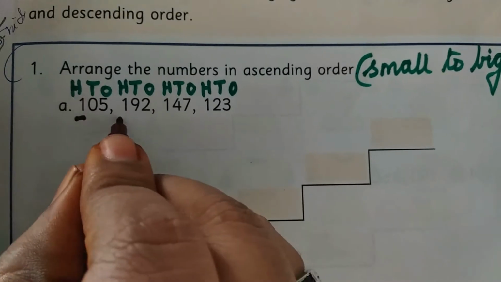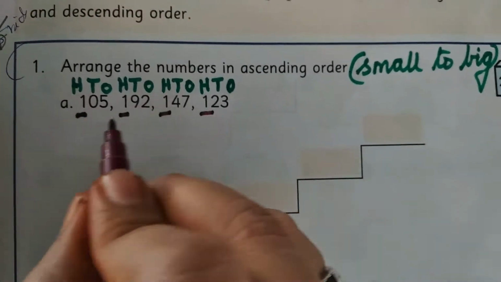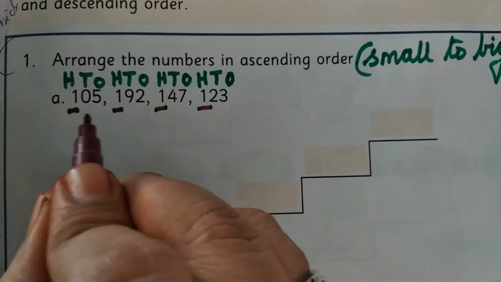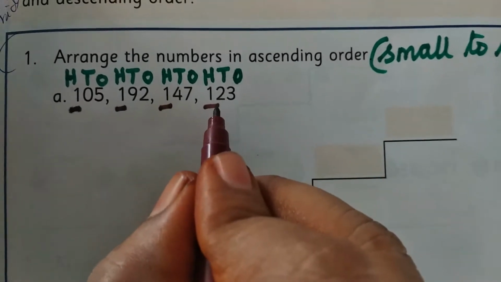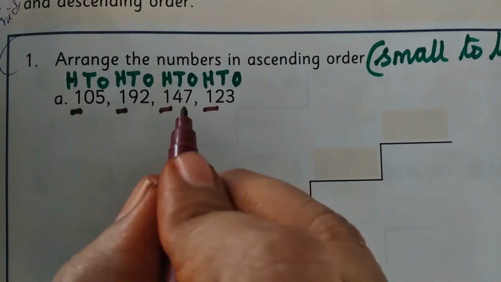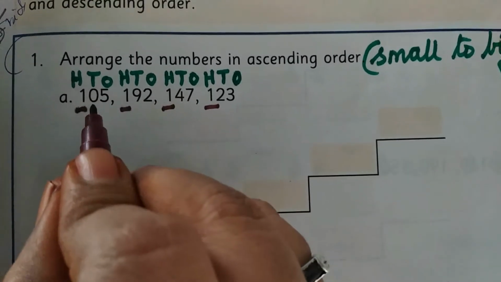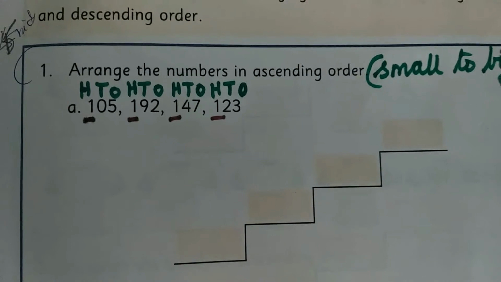See the first number, hundreds place. Yes. So, in all the numbers, in hundreds place, what number do we have? 1. So, we have the same 100, isn't it? Yes. Next, we want to move to the tens place. Okay. So, tens place, next you want to compare.